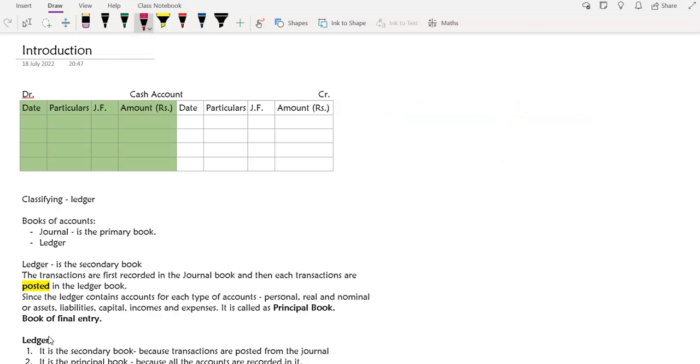So now I'm still going to give you two things about how we actually post the entry. If, let's say, cash is being received, so the cash account will be debited, whether you apply your modern classification or the traditional rule, debit what comes in as per the real account. Because it is an asset and I want to increase the cash account, for increase I have to debit it, for decrease I have to credit it. So if I'm receiving money, the cash account is getting debited, so on the debit side we record the entry and write "to" whichever other account from whichever source we are receiving the money. If we are making payments, on the credit side I'm going to write "by" and the name of the account for which we are making the payment. All right, now